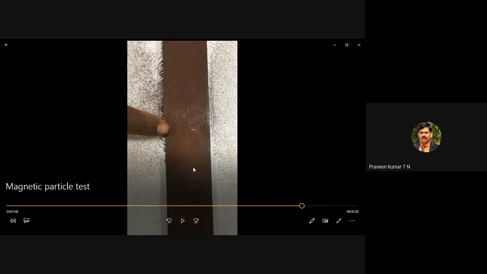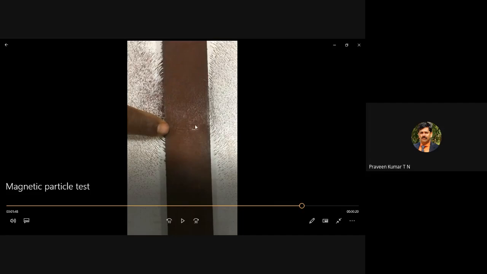But imagine your magnetic lines of flux are moving like this, but there is a crack here. Whenever there is a crack, the flux will try to take a path through the powder. Whenever it takes a curved path, or deviates from the straight line, there is a disturbance in the magnetic particle powder sprayed on the surface. That disturbance we can clearly see. We don't use any other instrument to find the disturbance.